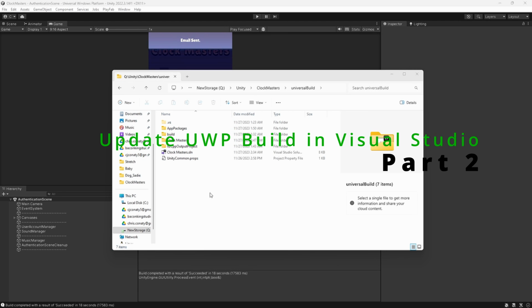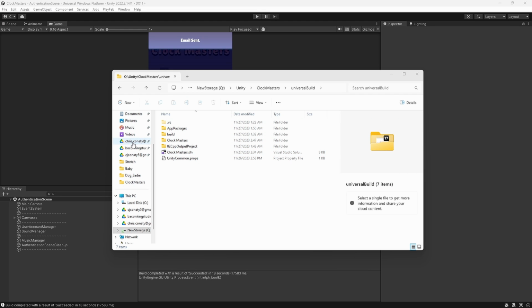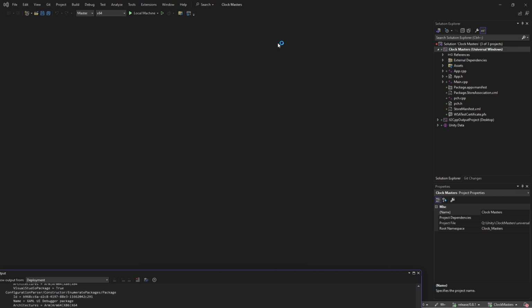Okay, so once the build completes, you can go into the build folder you have, and then it'll give you a Visual Studio solution where you'll finish creating the package that you'll upload to the Microsoft Store. So, alright, once you actually bring up the application here, we're going to do a few things. The first thing up here, just make sure that this is marked with master. I've tried with release, and I think other people have too, and there's been just errors with that. Unresolved, I should say. But yeah, so switch this to master.